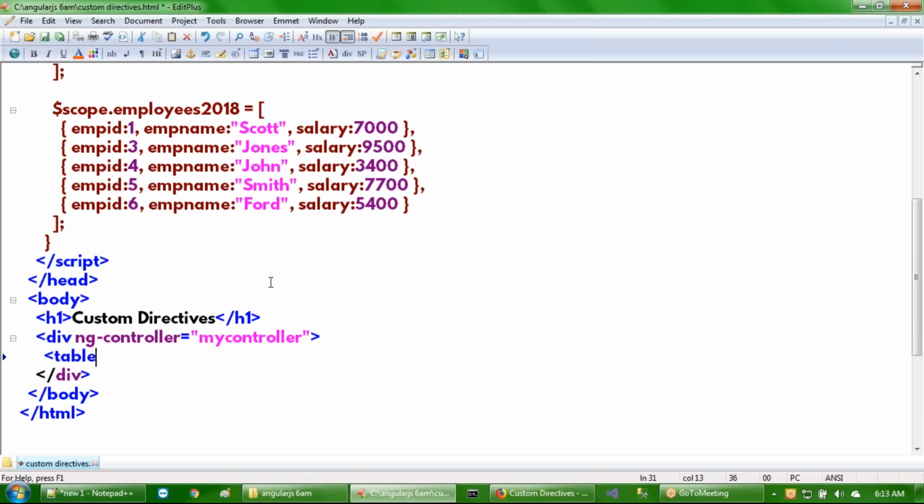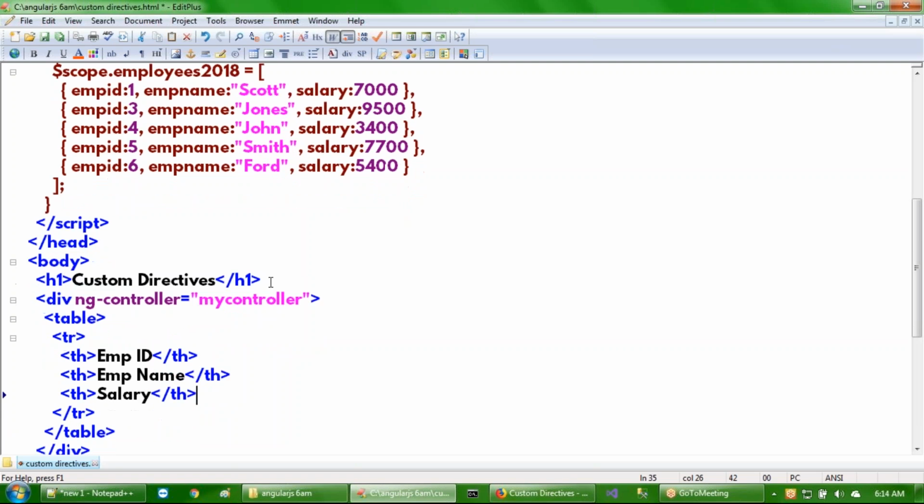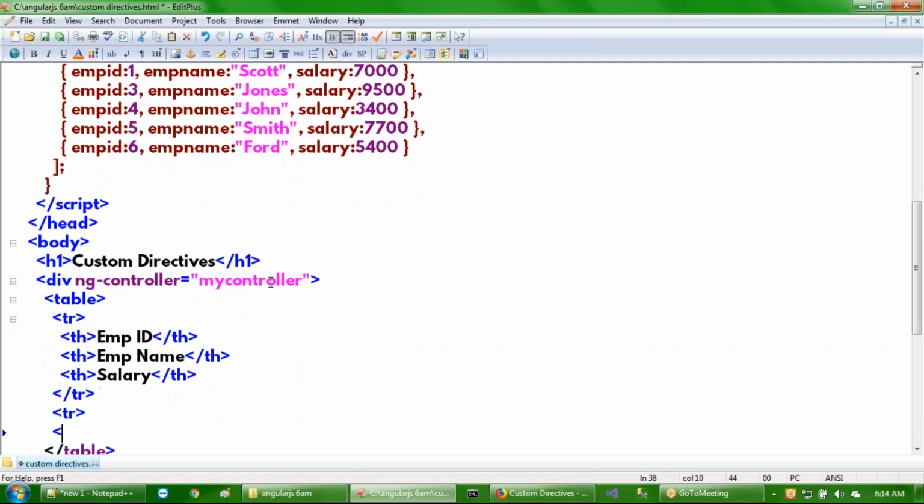Now we have a table data. And this tr has to be repeated once for one row in the record. So ng-repeat is equal to